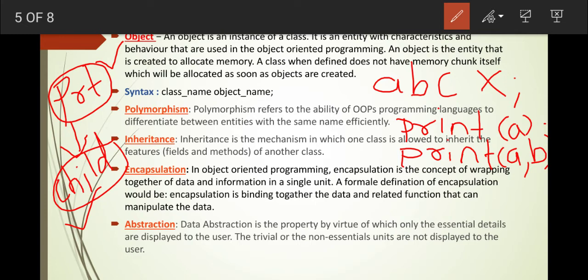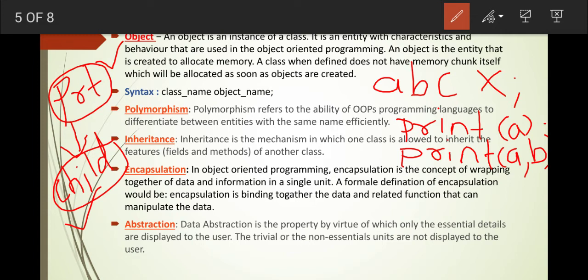Now encapsulation means, you know the word capsule. Capsule means whatever material is there, that material is wrapped together. So in object oriented programming we have data and information, right? In object oriented programming, encapsulation is the concept of wrapping together data and information in a single unit.